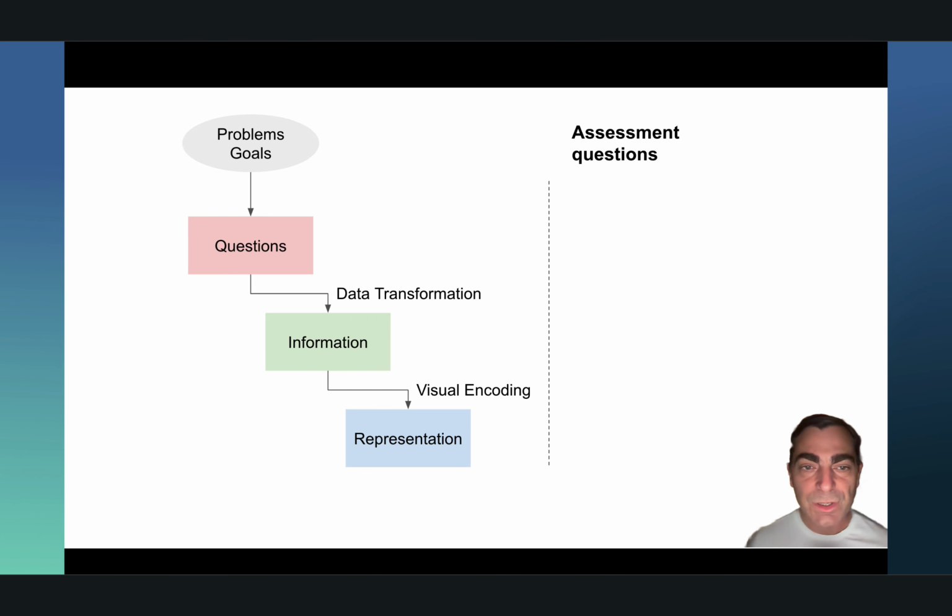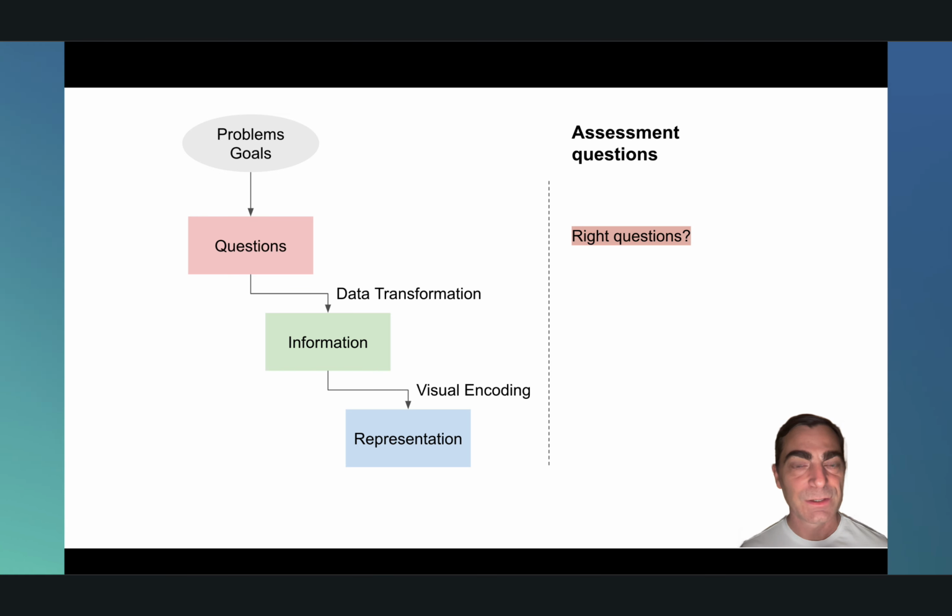Now, the really important aspect here is that you have to learn to do a number of things. First, generate the right questions for the problem. If you don't generate the right questions for the problem, it doesn't matter how good the rest is because you're answering the wrong